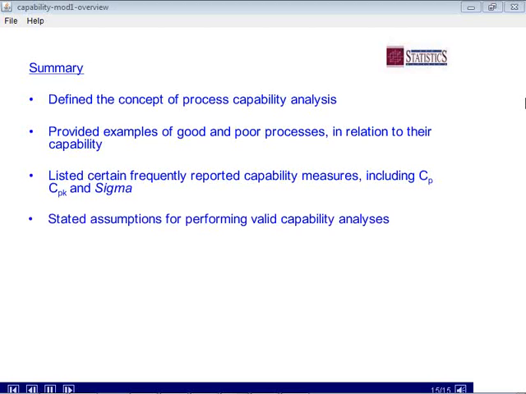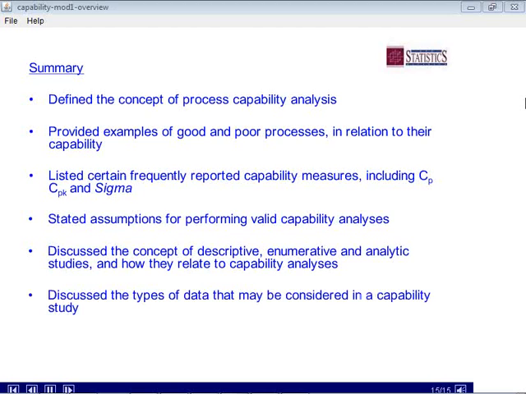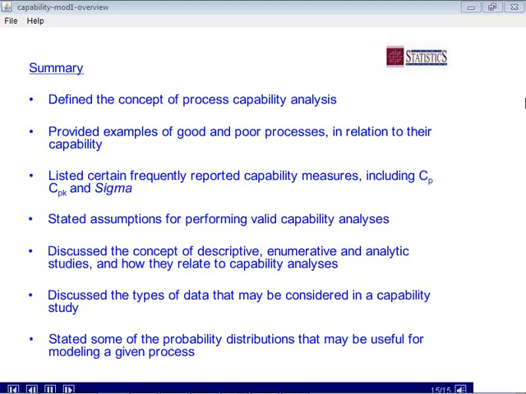We've looked at assumptions for performing valid capability analyses. We've discussed the concept of descriptive, enumerative, and analytic studies, and in particular how they relate to our interpretation for capability analyses. We've discussed the types of data that one may want to consider when performing a capability study. And finally, we stated, but we haven't explored in any detail, some of the probability